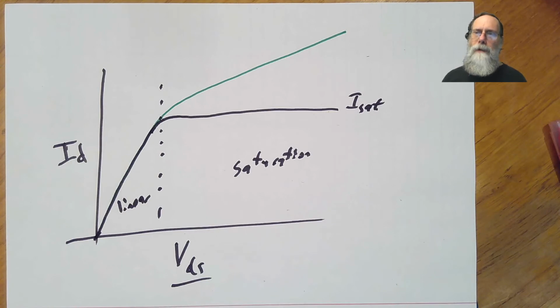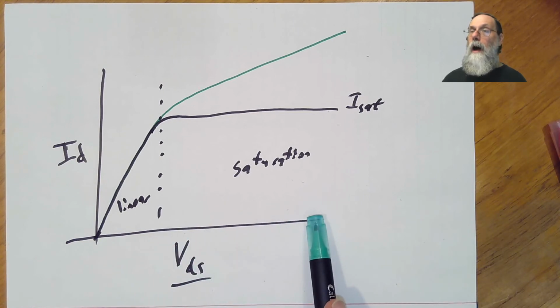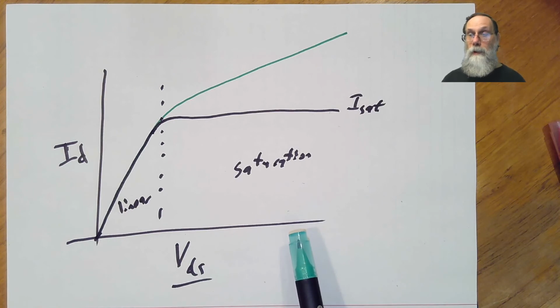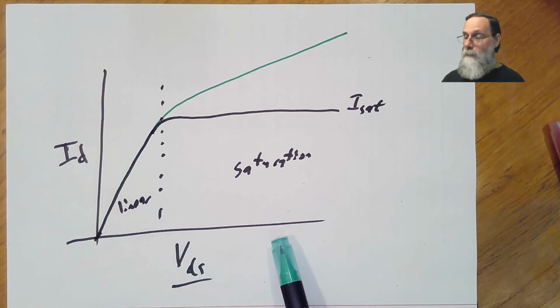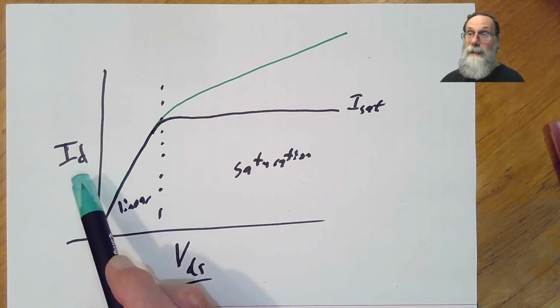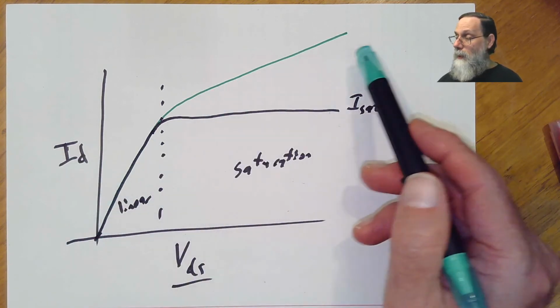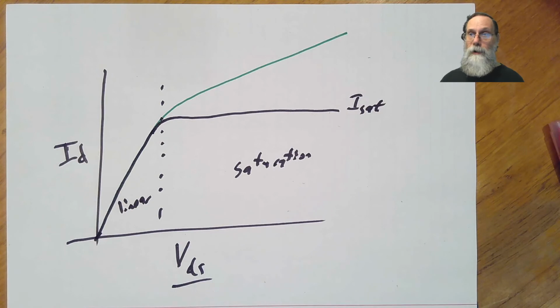Well, what we have to decide when we're using the microphone is what drain to source voltage we are going to put on the microphone. We have to bias the microphone in order to measure the current. How much bias voltage are we going to put on the microphone? And that'll tell us how much DC current we get, because remember, this voltage here is just the DC voltage. We put constant voltage across the microphone and we just measure the average current coming out of this thing